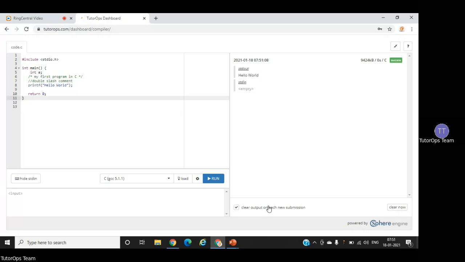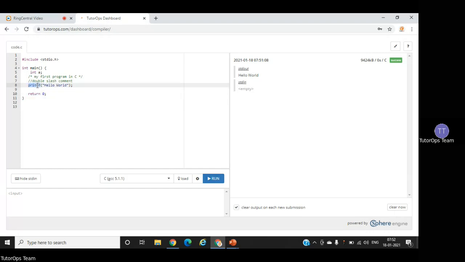When you run a program, it is compiling or interpreting all your lines one by one. The compiler doesn't know the meaning of everything. Some words are keywords for the compiler, like int is a keyword, return is a keyword,